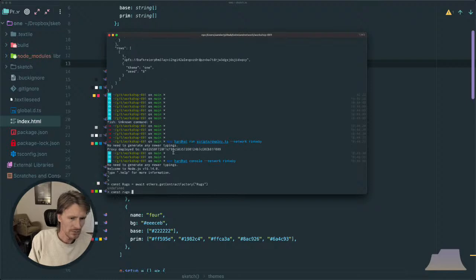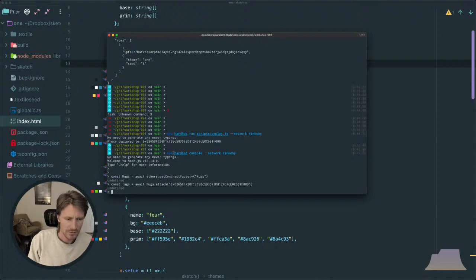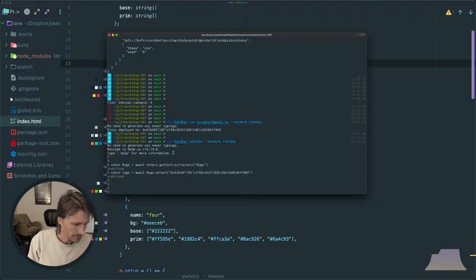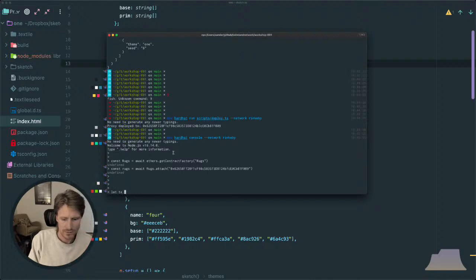Okay, then we'll get an instance of that, connect to it: Rugs attach. Okay. Now we're going to mint one. Safe mint. And I'm going to use, let's see,